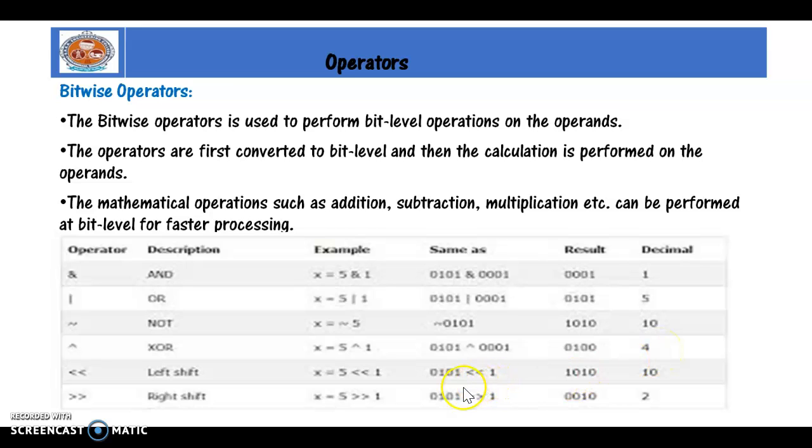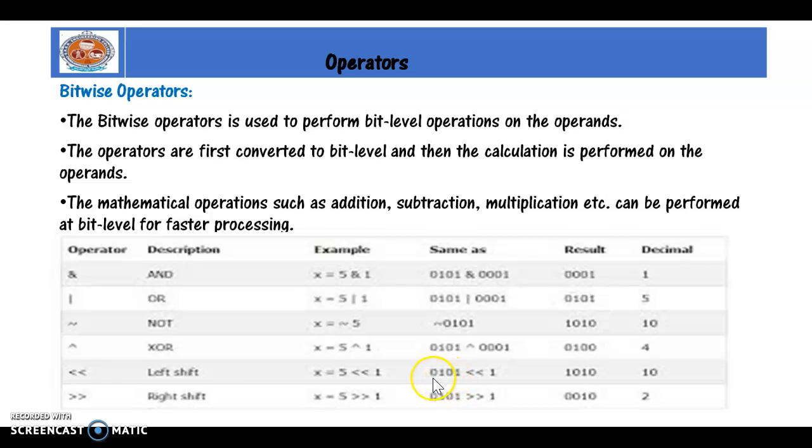Here we are shifting to the left. Numbers are shifting to the left. See here what I'm doing. I'm shifting this number to the left side. This 1 will come here and this 1 will come here. So we are shifting this by 1 step towards the left.